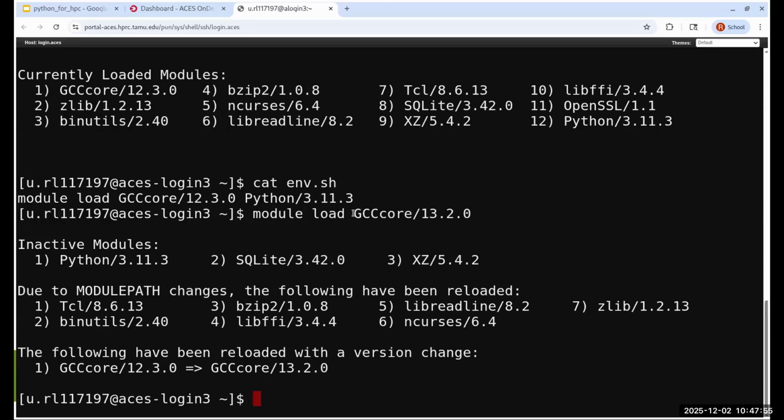That is because when you add something that conflicts with what you already had, it disables what you already had, and then it disables everything that depended on that. And it will try to reload as much as it can. So there is a bzip2 that's compatible with GCC core 13. For some of these, it was able to replace them, but it wasn't able to replace Python 3.11.3